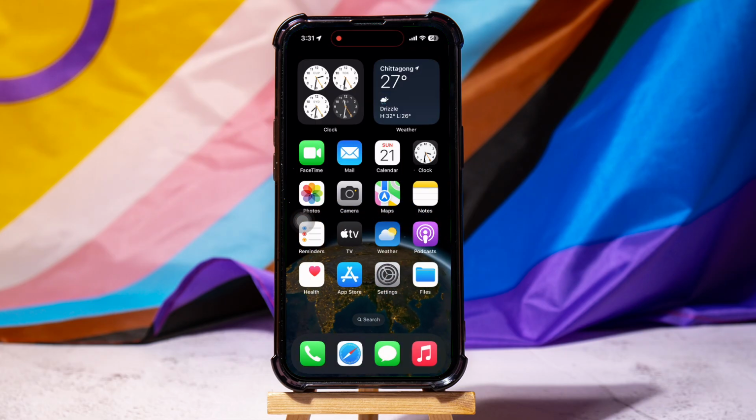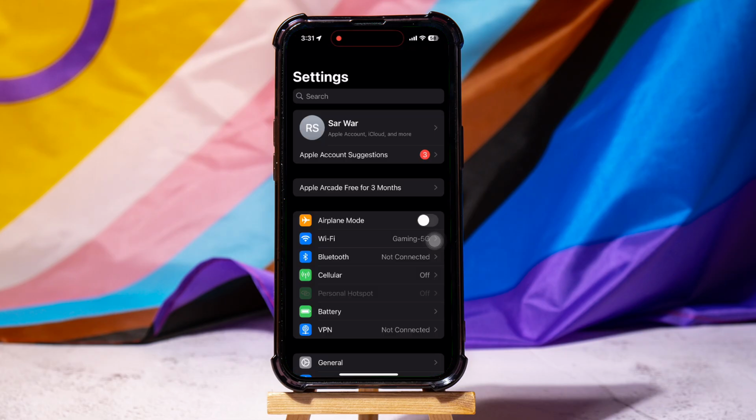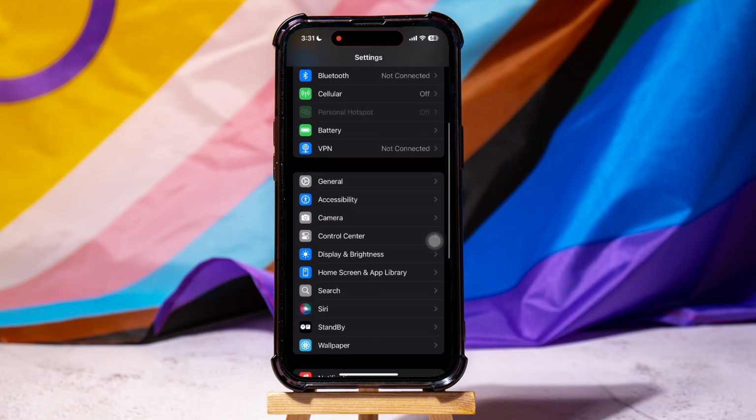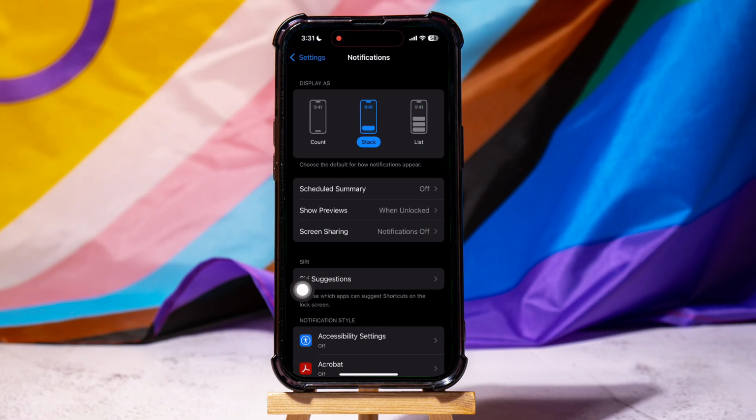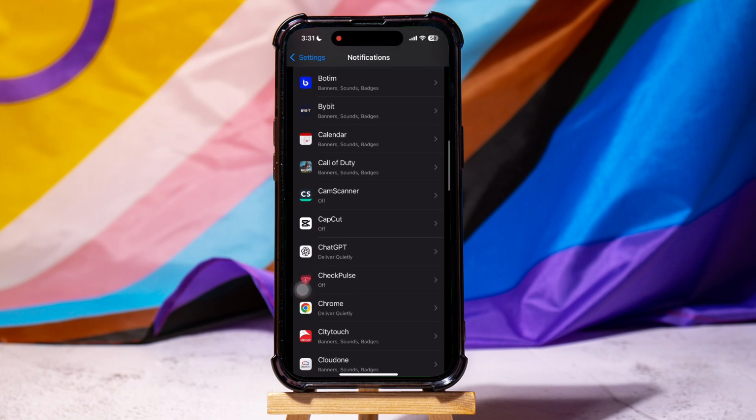Now, go back to your home screen and open up the Settings application to manage how you receive these alerts. Keep scrolling down until you find and tap on the Notifications option. Here, you can choose how notifications are displayed and scroll down to see a list of all your apps and